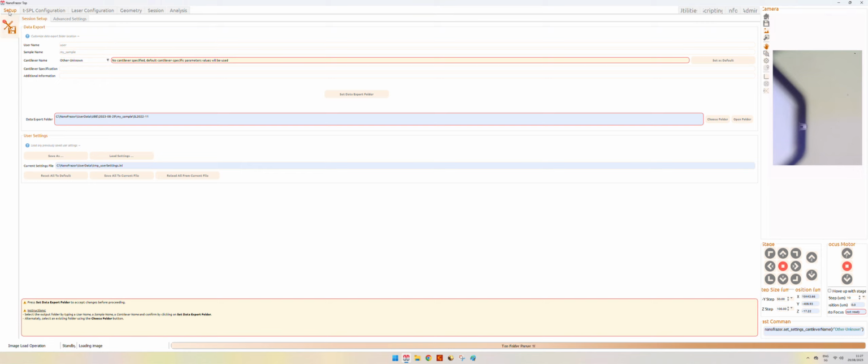So we will first do our setup. In the setup we have to set up our username, type of cantilevers, and export folder information. Then when we're happy with it, we will move towards the TSPL configuration.